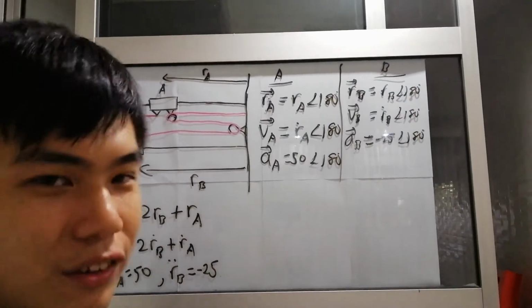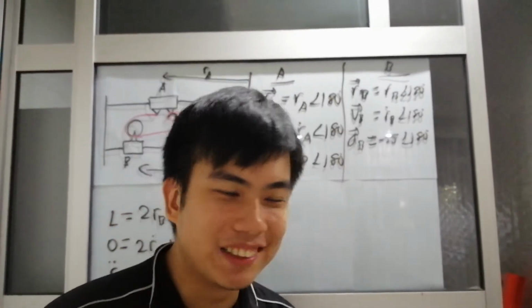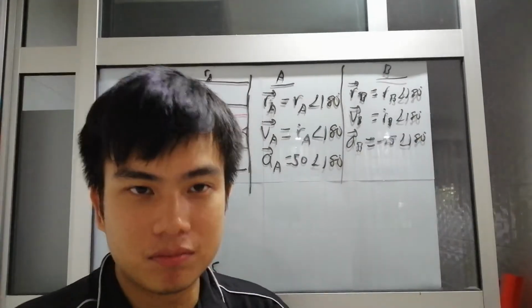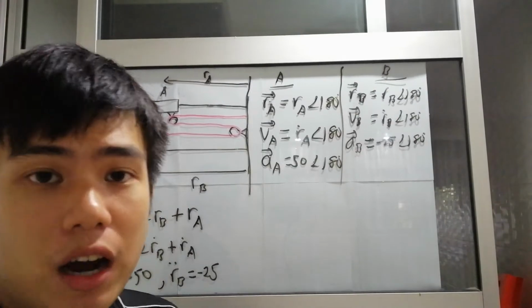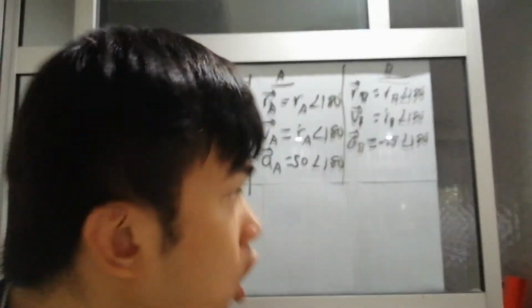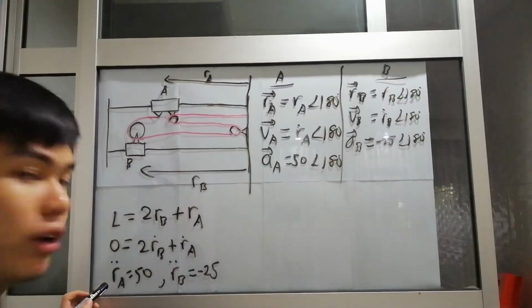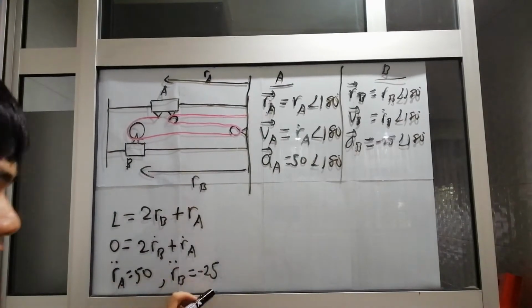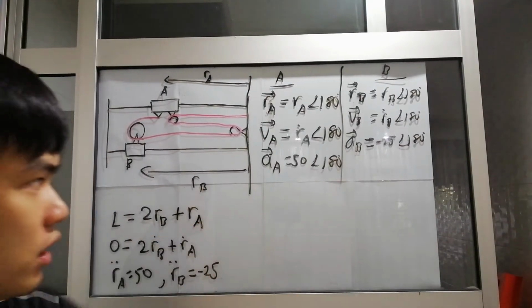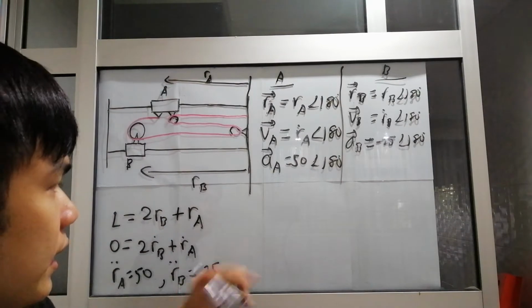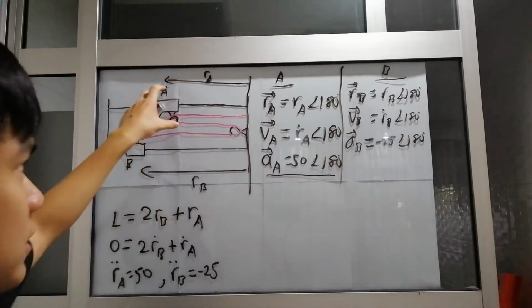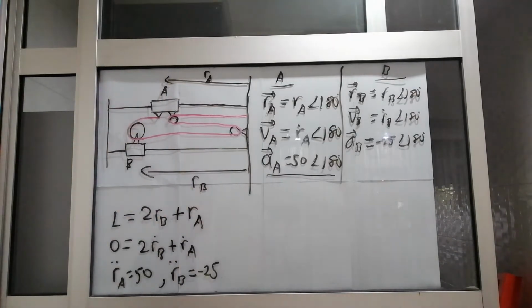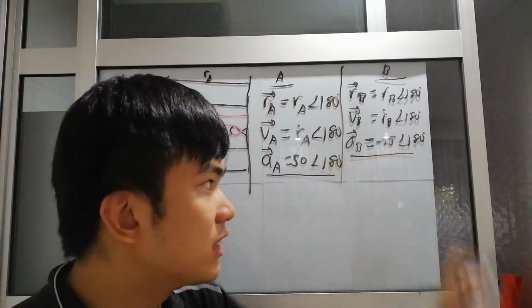Okay, actually I was thinking of finishing the question so that I can chase down the rabbit hole and at least it's clearer, right? So from the previous case, we managed to find R double dot A and R double dot B, which allows us to find that R double dot A is 50 and R double dot B is negative 25. And we sub inside here, and eventually we got our acceleration of A is 50 pointing to 180 degrees, so it means that A is having acceleration to the left, 180 degrees, and B is having acceleration to